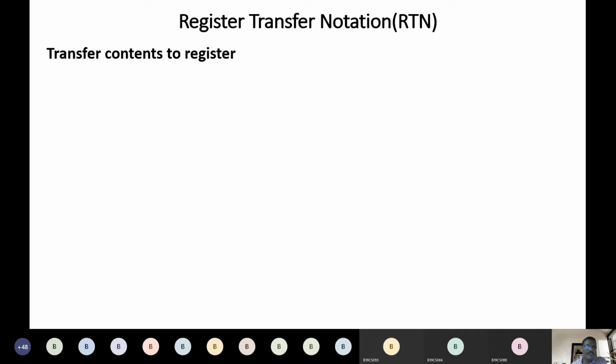Here register means CPU registers. You need to remember CPU processor registers. So it transfers contents to a register, but from where does it get them?